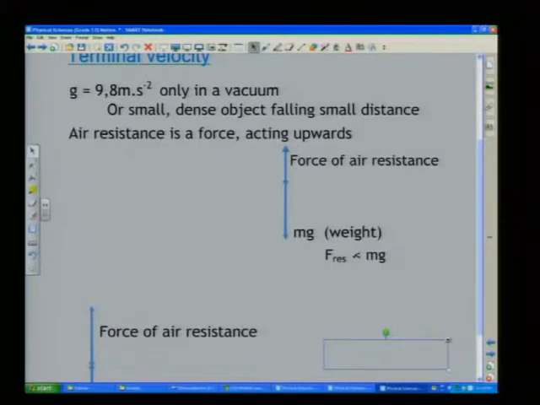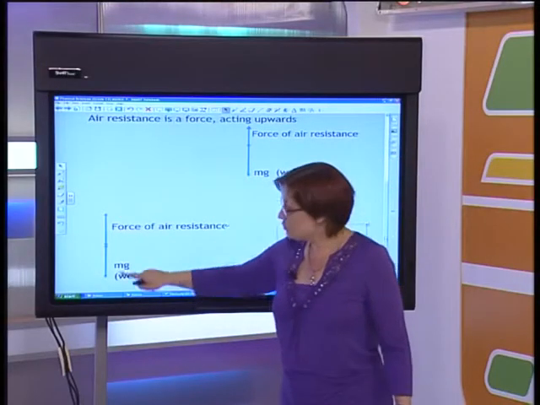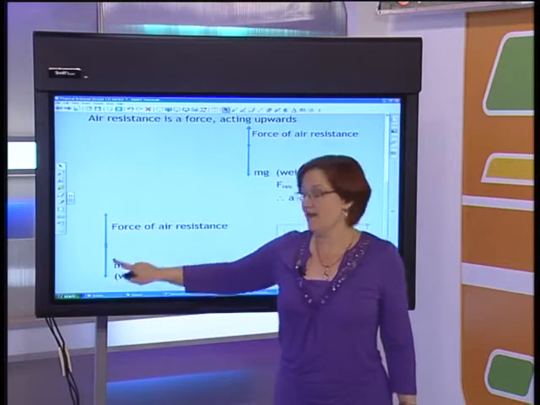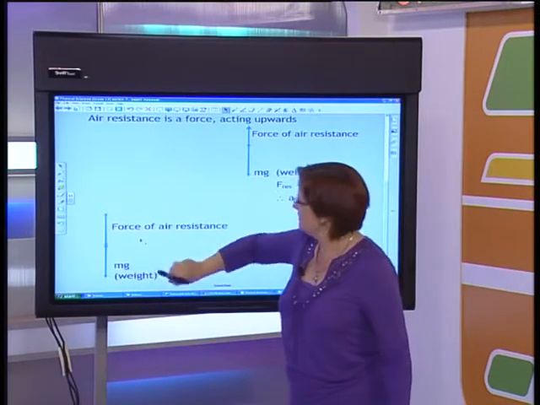So he's going to accelerate for a little while. And so what that means is his acceleration is smaller than gravity, but it's still accelerating. But then there comes a time where the two forces are equal. That does happen. And what happens here,